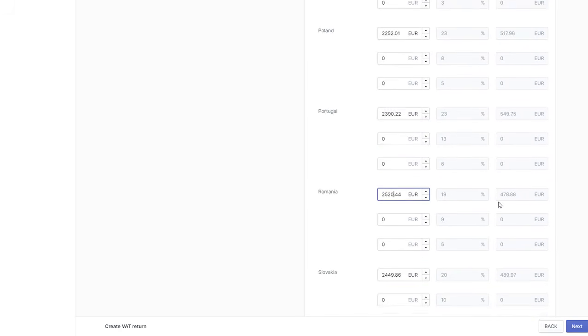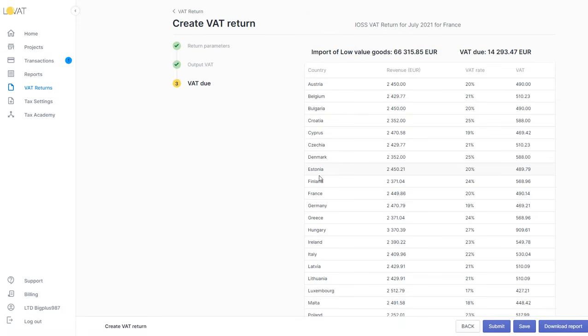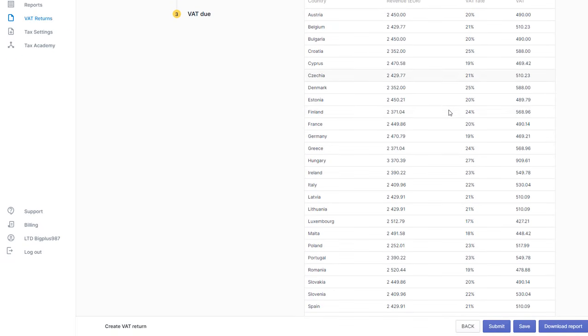In the last section of your IOSS return preparation, you can once again check the information about your revenue distributed by European countries where you had sales and the VAT sum calculated according to the VAT rate of this or another country. If everything is correct, from now you have two choices to proceed with the